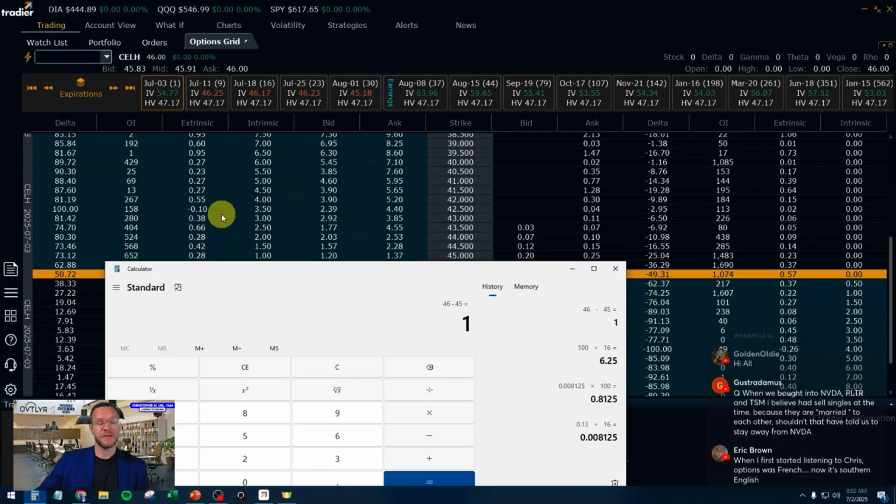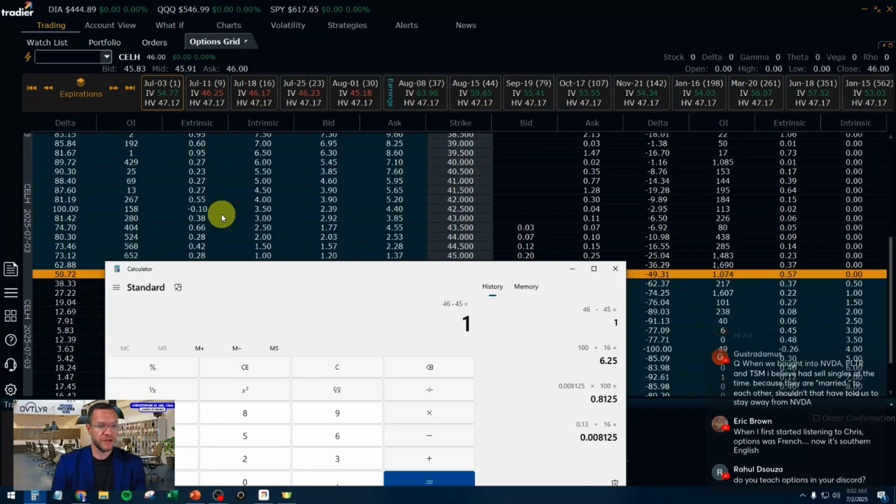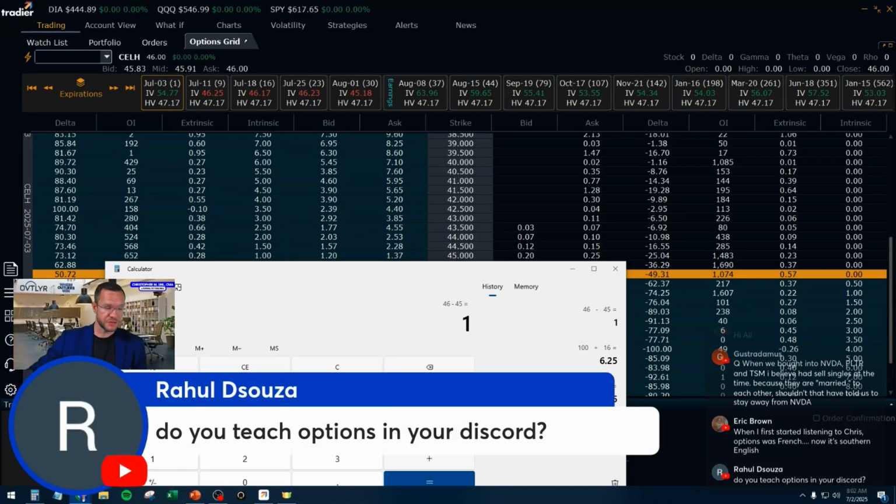However, if implied volatility expands, meaning the expected move expands, if the expected move expands,